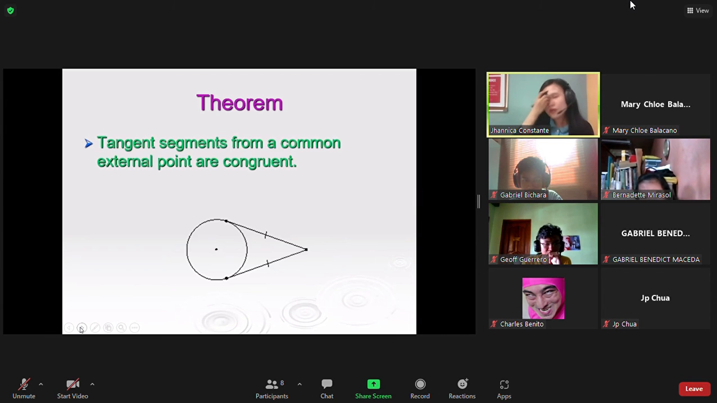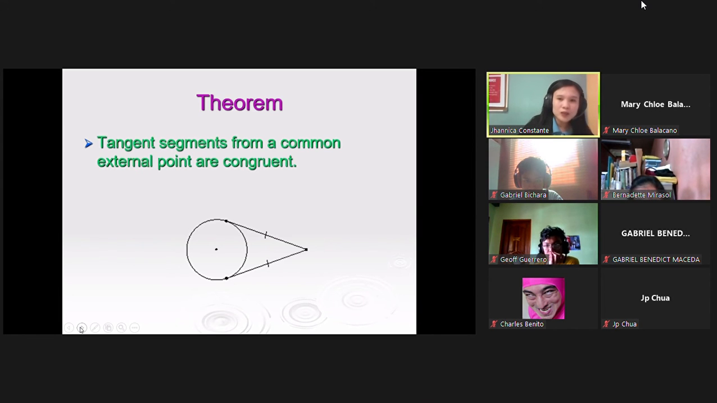The next theorem that we have about tangent and secant: tangent segments from a common external point are congruent. So if two tangents produce one angle with the same endpoint, that means the measurements of those two tangents are equal or congruent. For example,